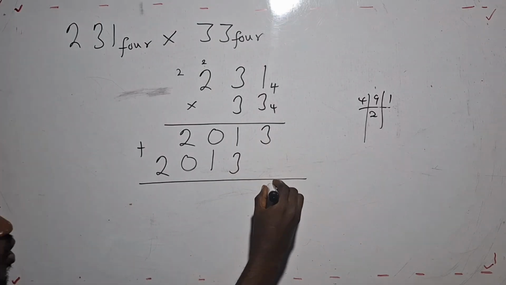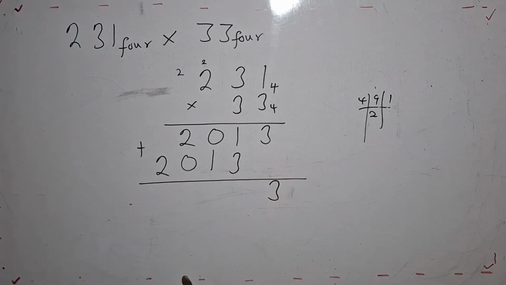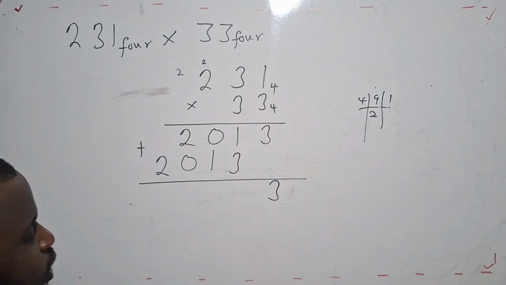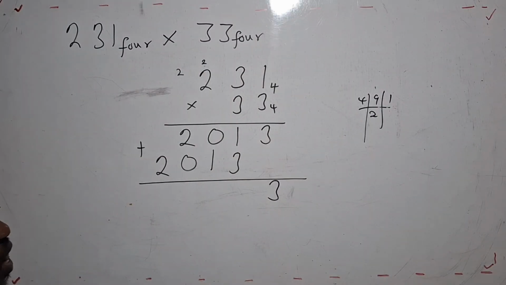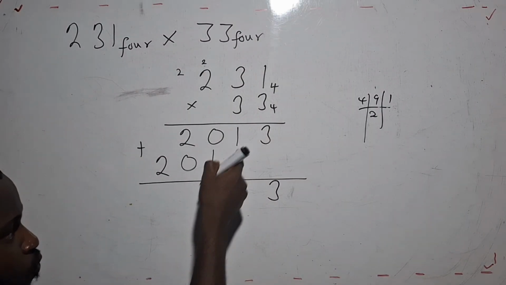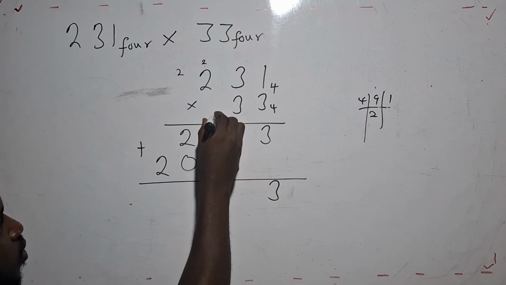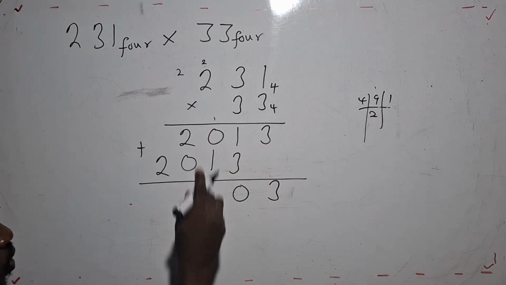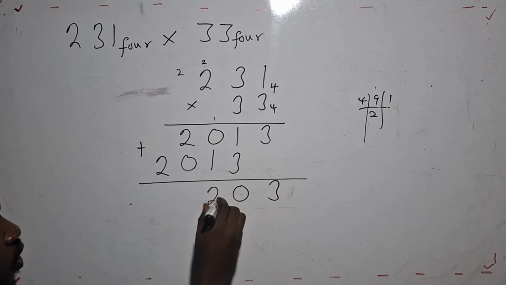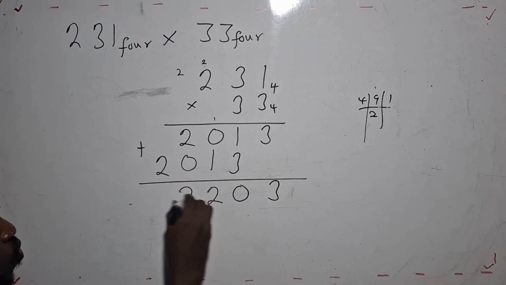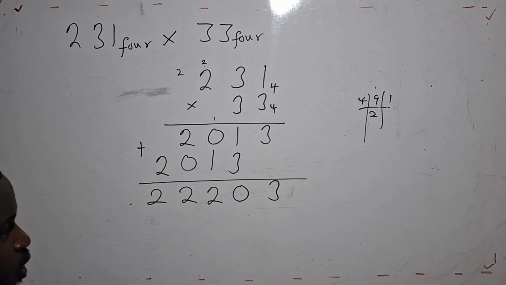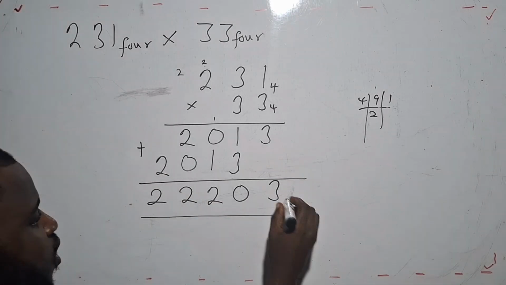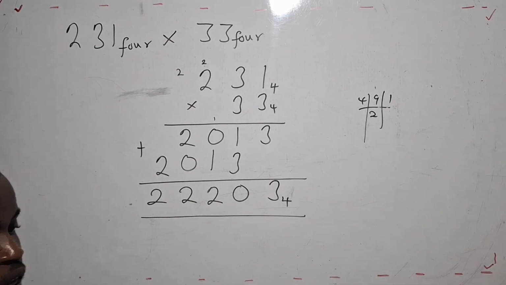Then here we add. So 3, there's nothing here, so we write the 3. So 1 plus 3 is 4. 4 divided by 4 is 1, remainder 0. So 1 plus 0 plus 1 is 2. 2 is accepted in base 4. 2 plus 0 is 2. Then 2, 2 is accepted in base 4. So here our final answer also gives us